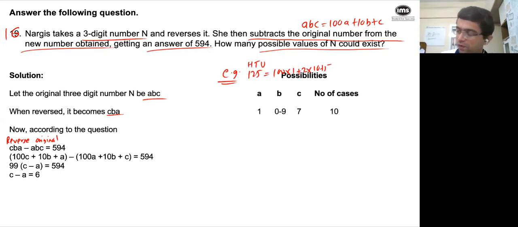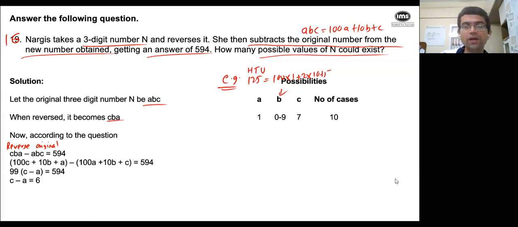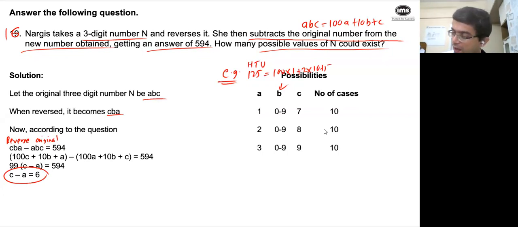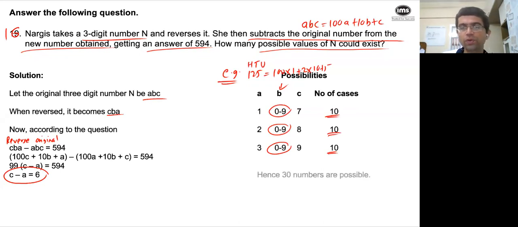But what we have not discussed is all the possible values that B can also take. B can take any value from 0 to 9, because this equation is independent of B. So B can take all permissible values 0 to 9. So 17, 28, 39, correct? There is no fourth possibility, but there are 0 to 9. So 10 possibilities of B in each of these 3 cases. In each of these 3 cases, B can take any value. Hence, the total answer is going to be 30 values. So there can be 30 such numbers which give me the same relationship.